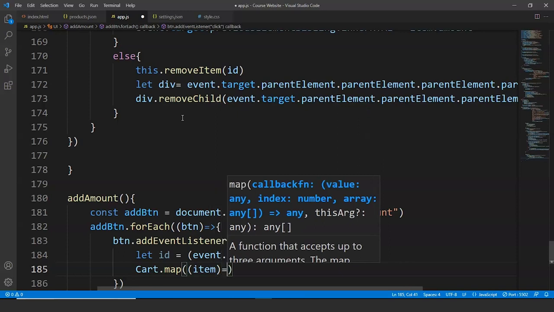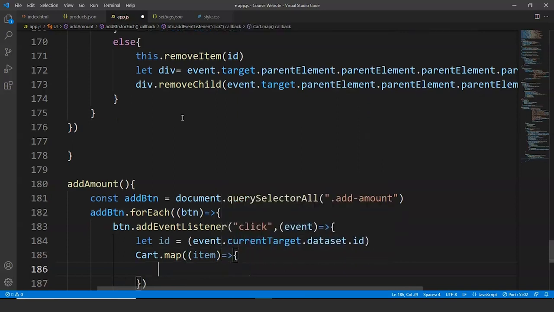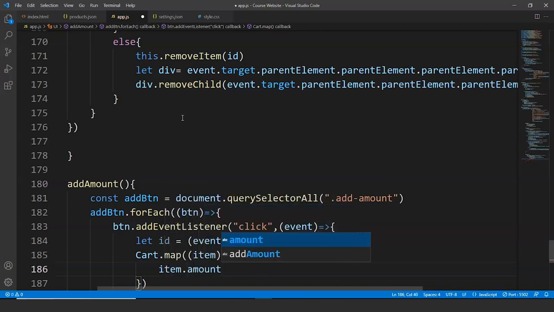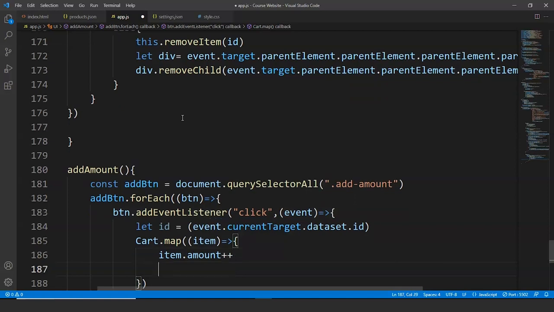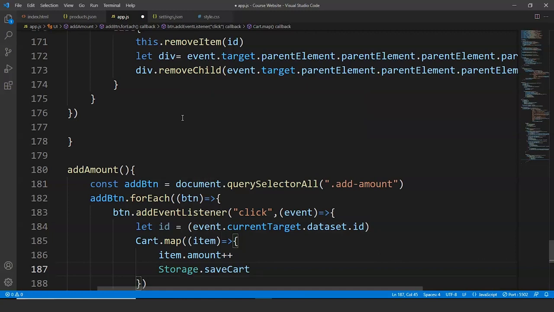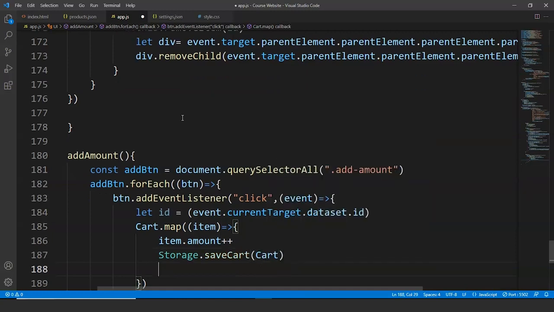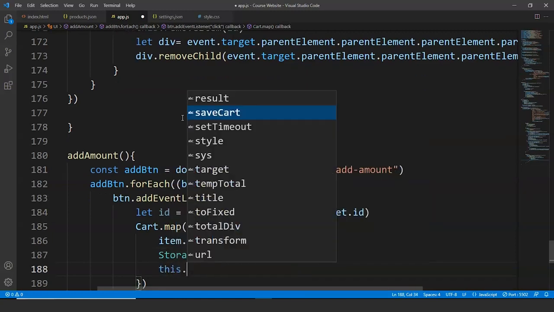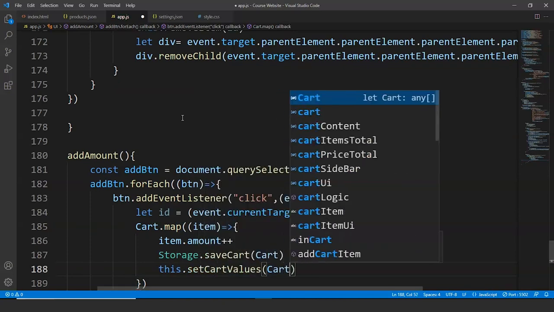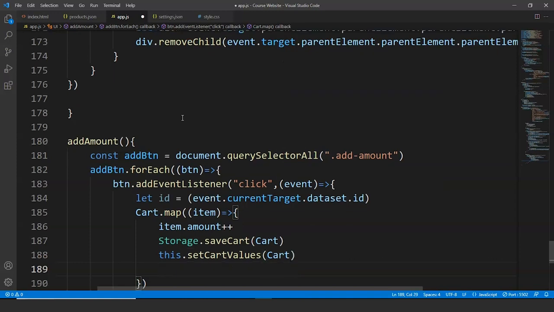We'll write here again arrow function and inside this what we are going to do is write here item dot amount plus plus. Storage dot save cart. We are going to pass cart here. We'll write here this dot set cart values. We are again going to set the cart values